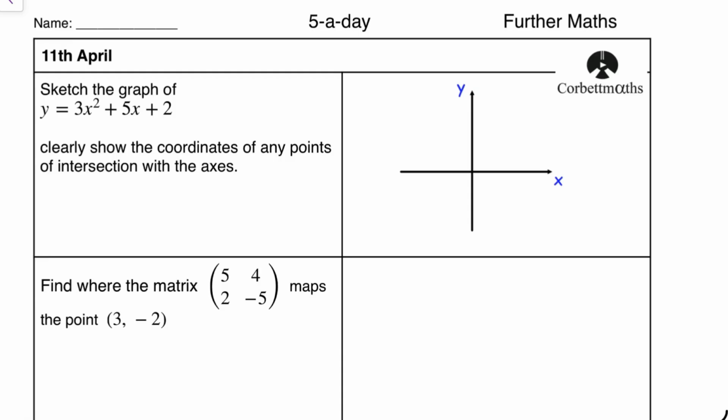Now a sketch question is quite important because it's asking you to do a couple of things. One, shape, and two, as it actually says in the question, the coordinates of any intersection. And then sometimes it might say something else like turning points or different, but almost always, at the very least, it's the curve shape and where it intersects. So in order to find out where it intersects, I need to find out where this is going to be